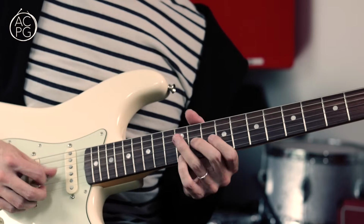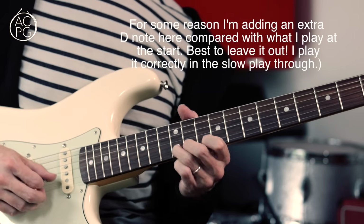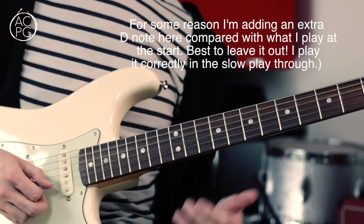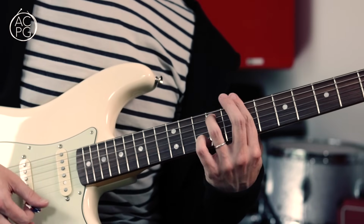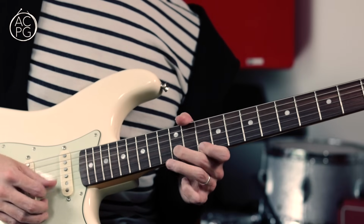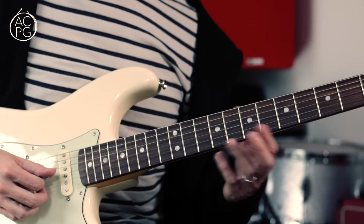And the next lick is this. And again, this is really in a jazz way, kind of outlining the chord changes. The changes we've got here are the G7, F sharp 7, back to the B minor 7. So what I'm doing is, on the G7, I'm playing a G7 arpeggio, which is, so